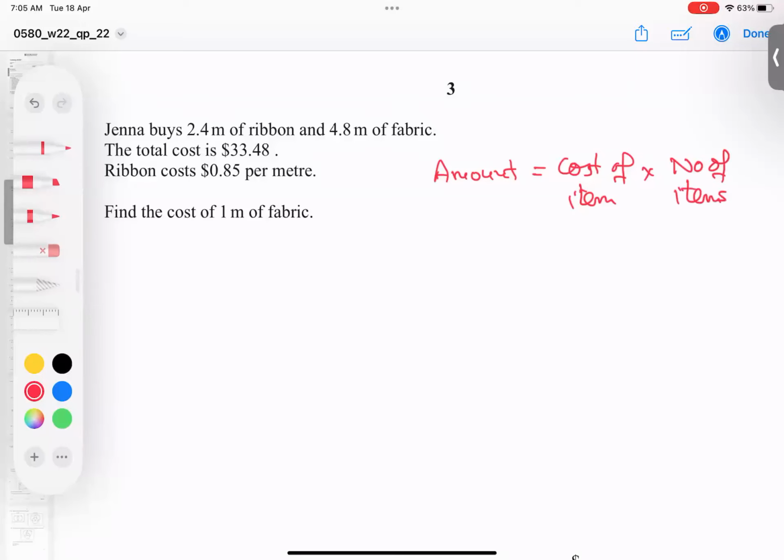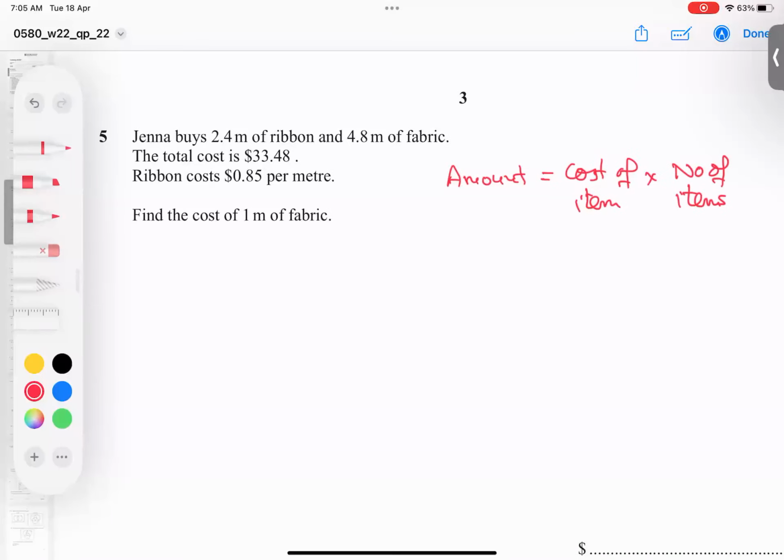This is a basic formula, okay, and we'll use the same. He's saying very clearly the total cost. So money spent on ribbon, and money spent on fabric. If I add them, his total money here is